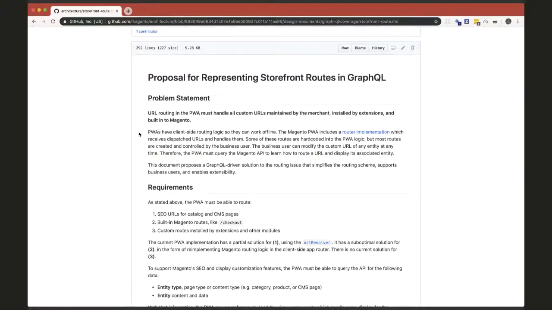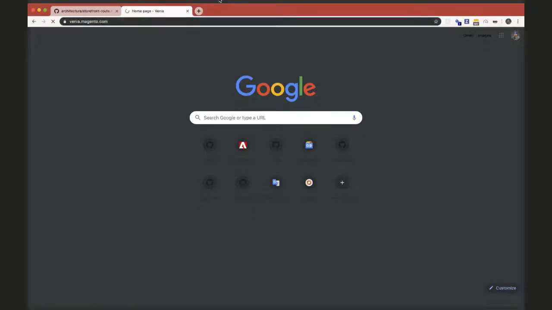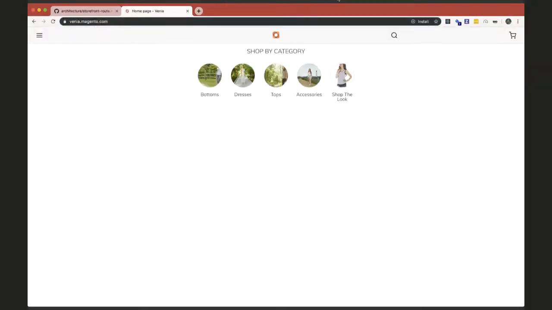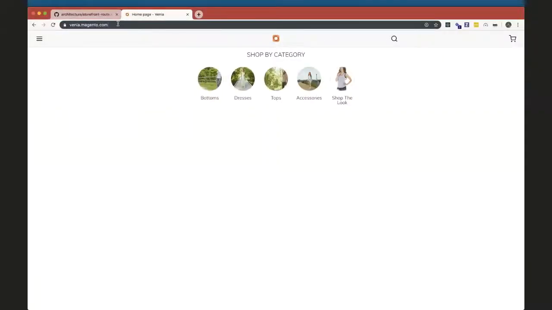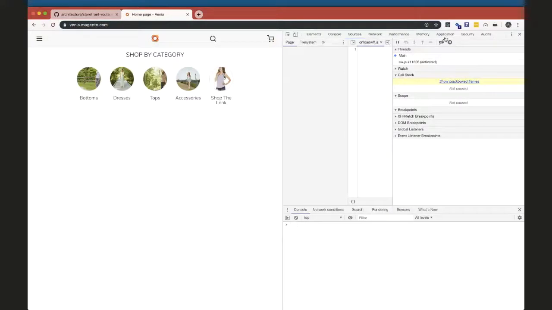So again, just to briefly demonstrate, there is a mechanism by which when you go to... Oh, you know what? I'm only sharing one browser tab. Just one moment. Okay. There we go. So when you visit a site like venia.magento.com,